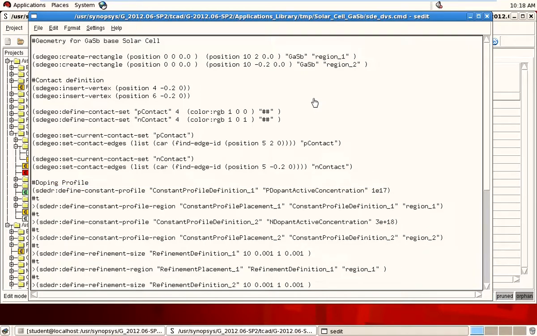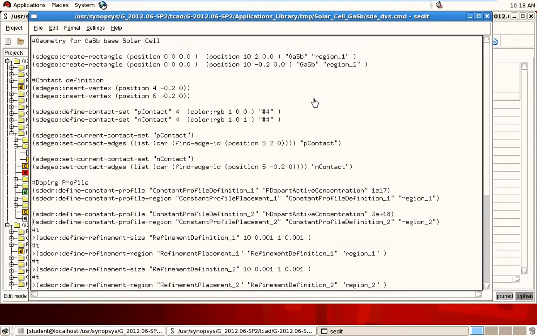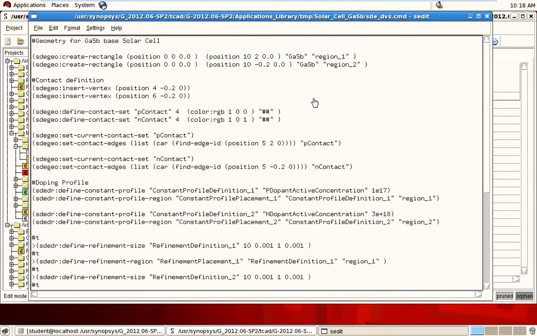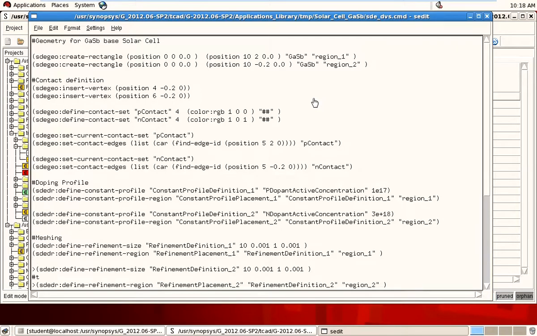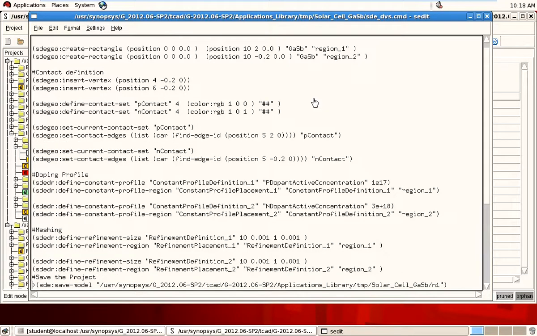This is the P type, N type. Now we define the meshing for region 1, for region 2, and here we save the project.